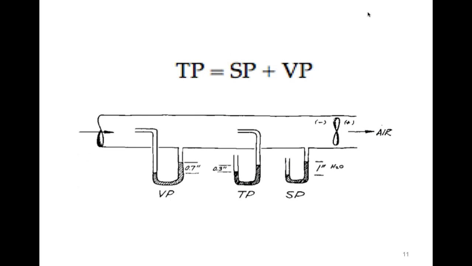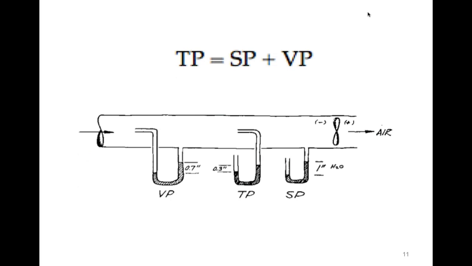Here's a duct, right? So in this duct, the tube that's furthest to the right is a simple U-tube. And there's a fan in this duct. The fan's blowing air to the right. So everything that's on this side of the fan is under a negative pressure relative to the other side of the fan. This is the low pressure side. The fan's pushing stuff, so it's sucking stuff through here. There's the low pressure side. The air is going to go towards the higher pressure, the other side of the fan.